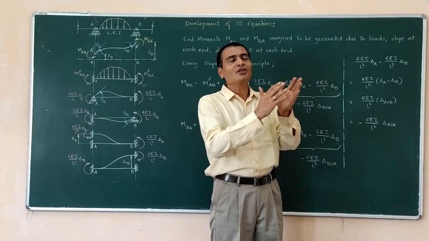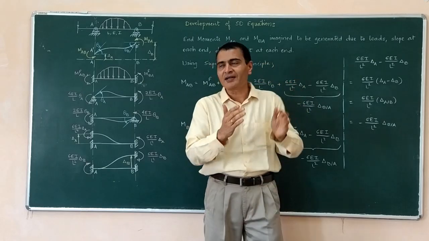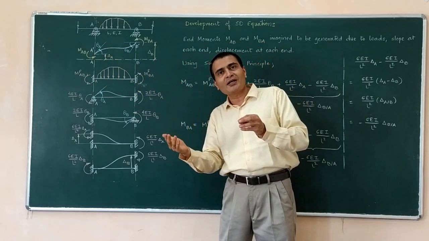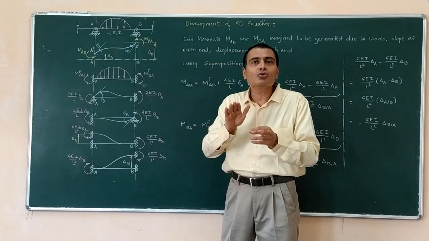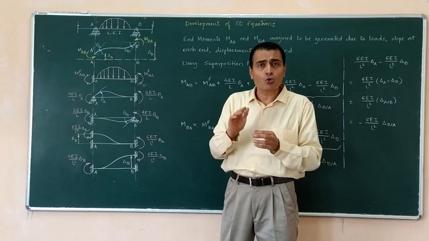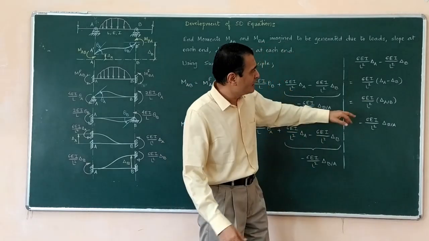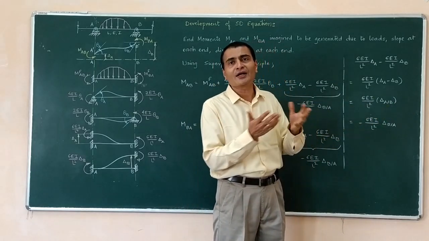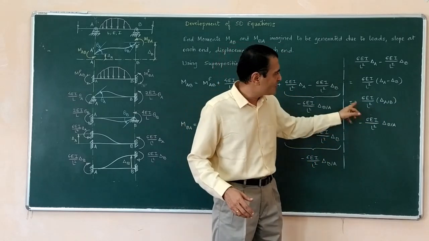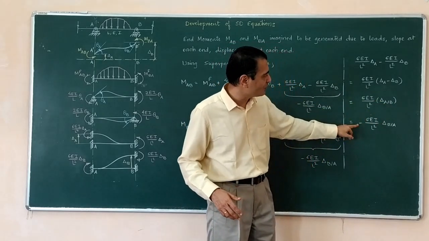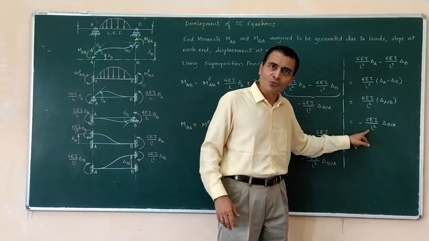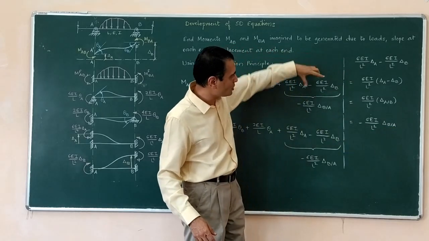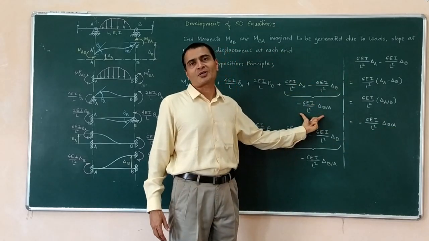But then instead of writing delta A relative to B, I am writing delta B relative to A. That is when we read the problem or solve the problem from left end to right end. From left end to right end, I am writing right side joint deflection relative to left side joint deflection, 2 relative to 1. So if I am expressing like this, delta B relative to A will be negative of delta A relative to B, simply. So this same expression is taking up a form negative 6 EI upon L square delta B relative to A. So that is why these two terms have been reduced into a short expression like this.